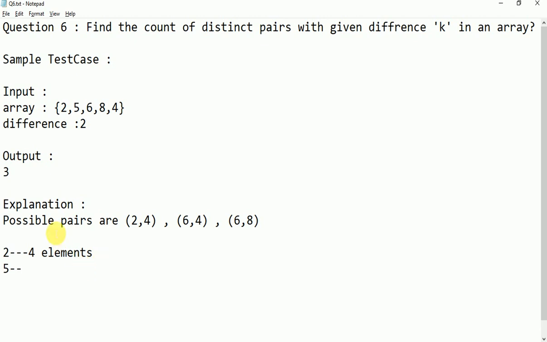Then again I will point to the element 5, and that 5 is going to compare with the rest of the 3 elements, but not with itself and not with 2 before it, because here they are asking distinct. Just go in a forward direction.